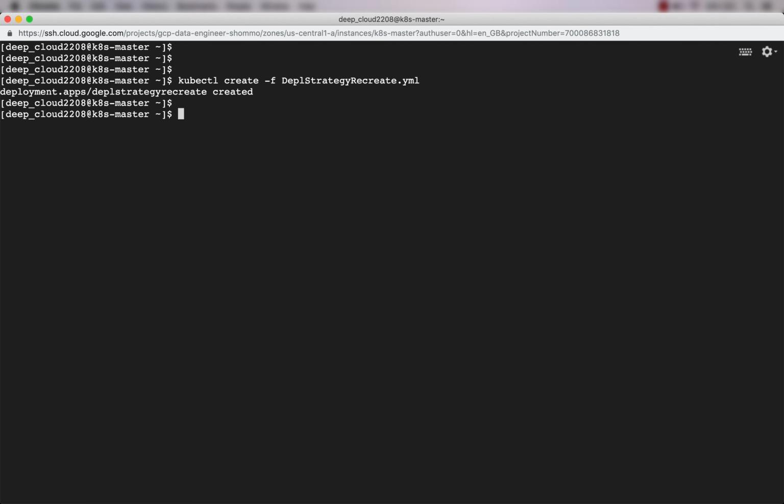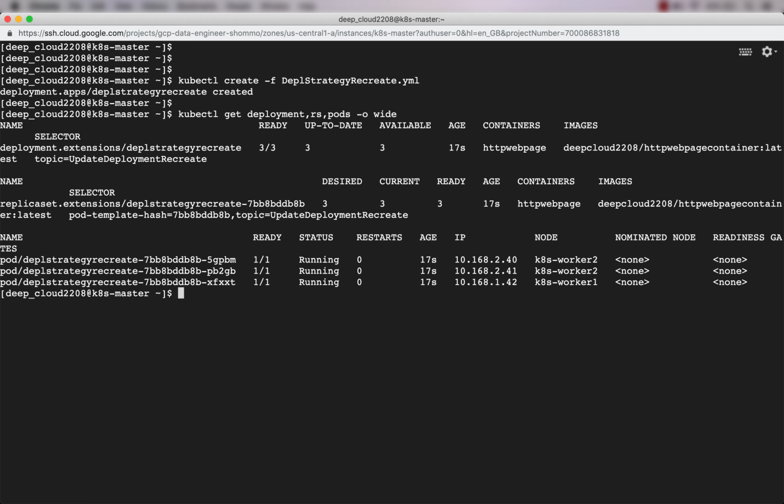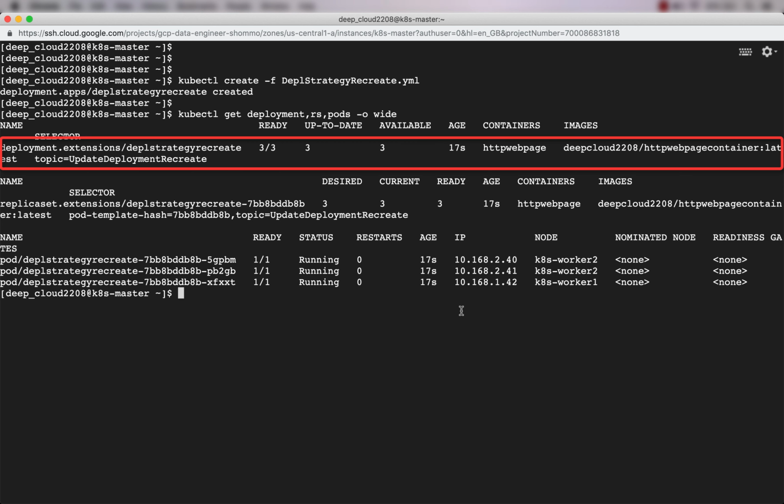So the deployment has been created. Let us go ahead and see. If you want, you can see all the objects in a single command. You have to mention that using comma. So we are saying that we want to see the deployment, the replica set, and the pods. So the first one is the deployment. The name of the deployment is deployment strategy recreate.